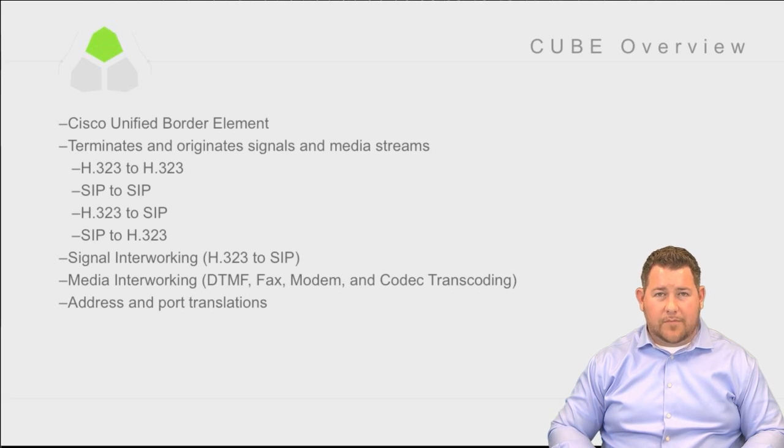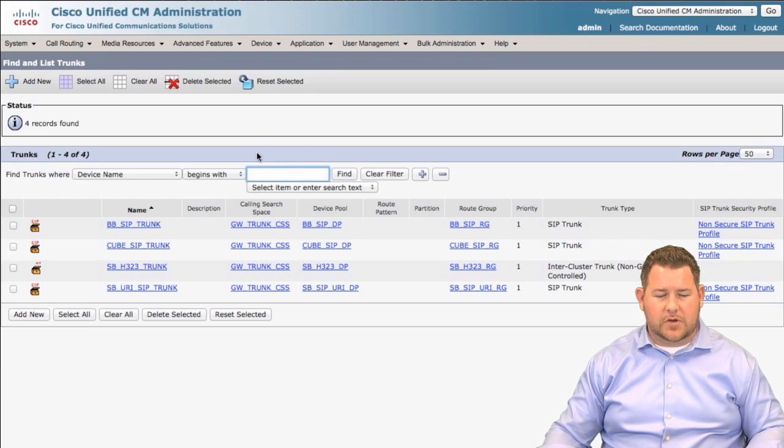So that brings us to the Cube overview. But before I do that, I want to move over to Communications Manager and show you how this might be connected here. Now, Cube is going to be the same thing as a SIP gateway. Essentially, it's just a regular gateway, almost. There's just a couple of little differences here, but the way that you would connect to it from Communications Manager is